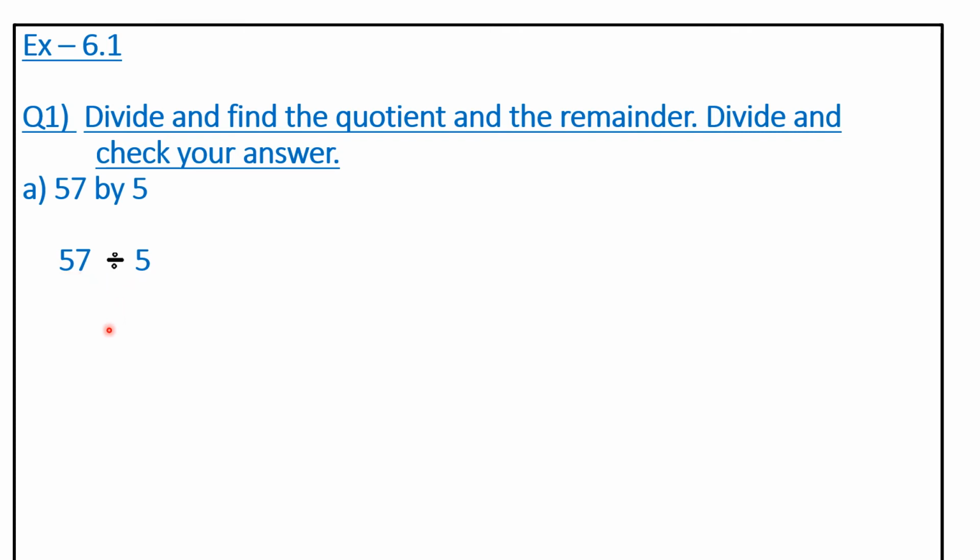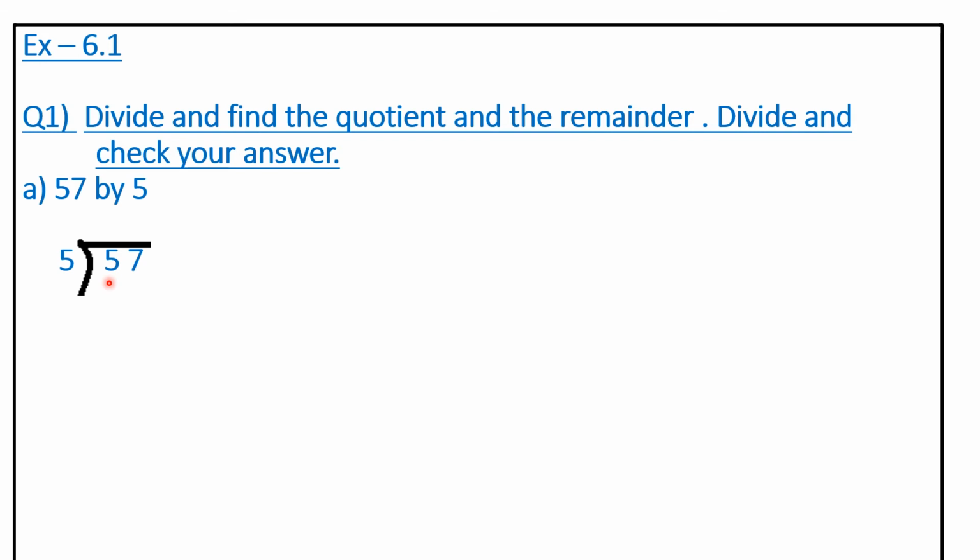Now let's start. We will make here a division sign. You remember, no? Yes. So we are writing this dividend 57 inside the bracket and this 5 you write here. This 57 is your dividend and this 5 is your divisor. Okay. So divisor you will write here outside and this dividend 57 you will write inside. Now children, start division from this 5, no? Now you have to read the table of 5 and you have to get this 5.